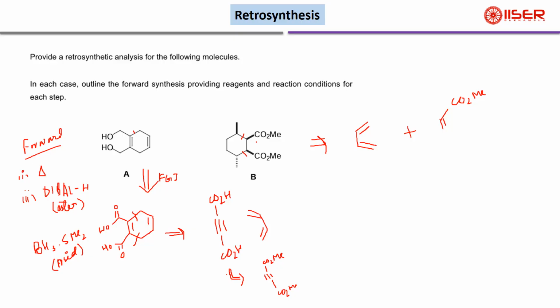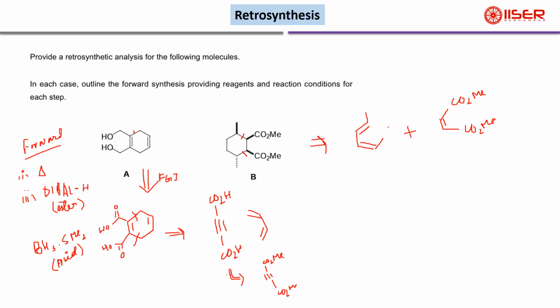as both the CO2 Me groups are in the same plane, here in this case also both the CO2 Me groups should be in the same plane. And in this case the methyl groups are opposite to each other, so that's why. Okay, so you have to perform this electronic combination; for that you have to see the photochemical cycloaddition reaction or